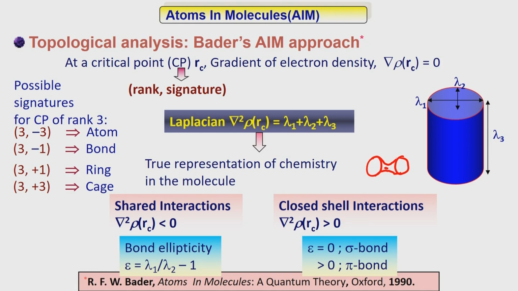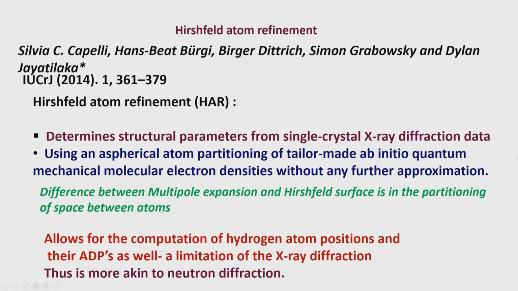The expressions which we have for the multipole refinement modeling will extend beyond this particular point, which is strictly not allowed, because this is the place at which these two should be separated from each other. Whatever contributions come from multipole modeling have a tendency to penetrate beyond this, and therefore there is an error associated with multipole modeling. This gets avoided when we do a different kind of modeling, and that again has been developed by using